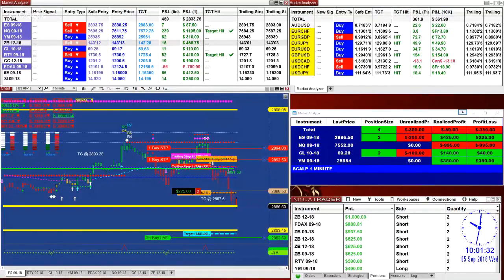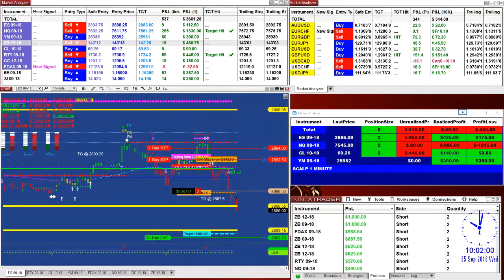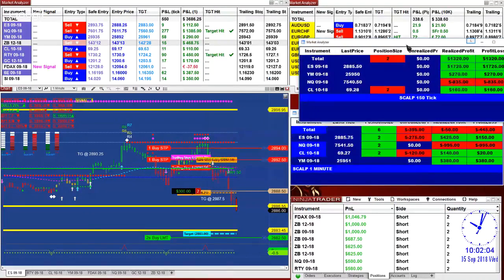And you can see right now on the scalper, we do not hide anything, we show you everything. We show you good trades and bad trades. You have to see everything. So right now you can see the scalper getting in a lot of trouble on the 1 minute, and also on the 150 ticks. Let me try to bring you the 150 ticks. The 150 ticks is still doing a little bit better